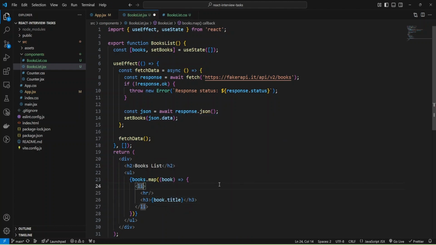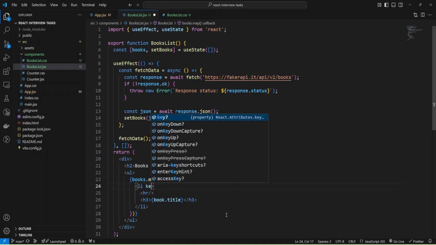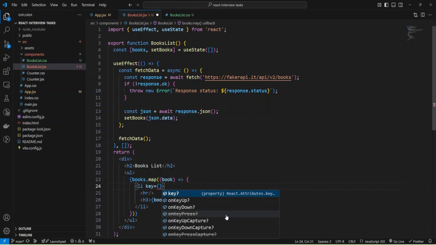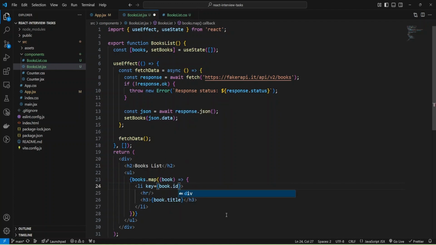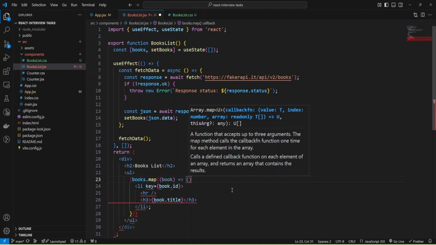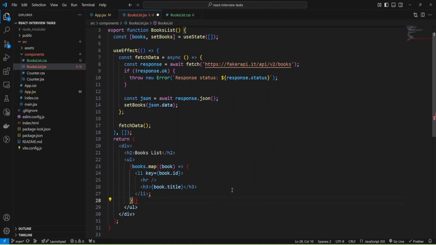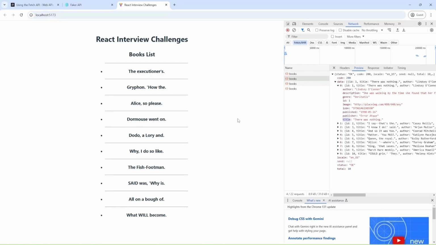Also for the item I'm going to use key to avoid some warning, and let me add book ID, and let's check what I have so far. I need to return JSX, not code. Okay, and let's check, and as you can see we have a list of books.